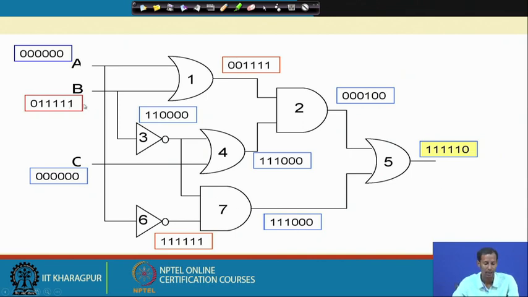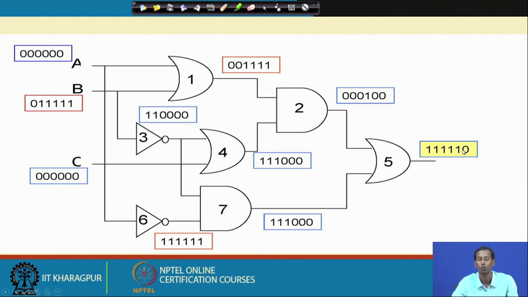Why? Because of this inversion at B. So 1, 2, 3, 4, after 4 levels of delay, the corresponding change tries to reflect